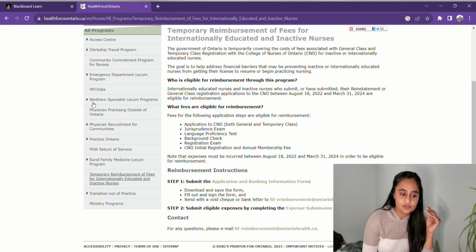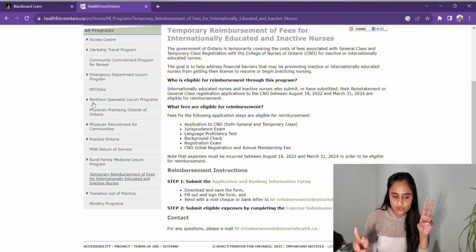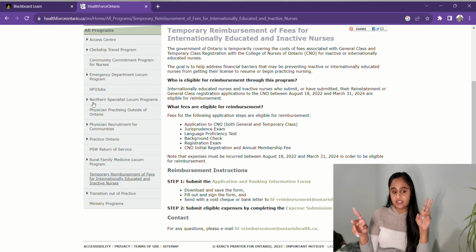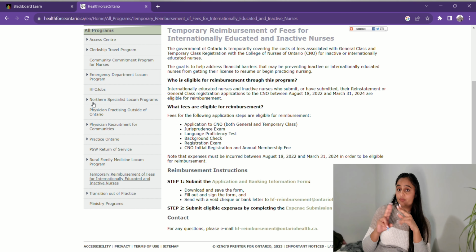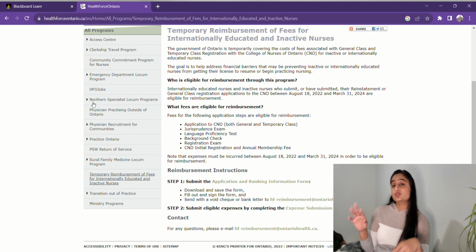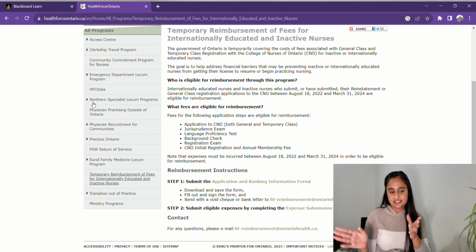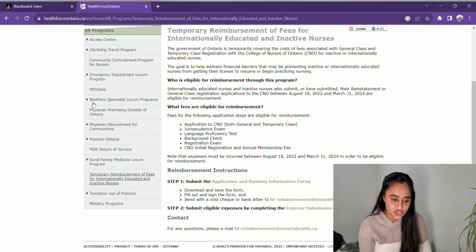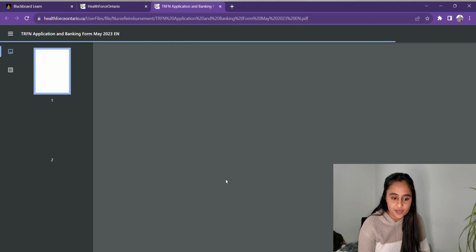Now there are only two steps which you need to do. First, you need to submit the application and banking form, and then you need to submit expenses by completing the expense form. Okay, so we'll go step by step. First, we are going to check the link here, application and banking information form, and then we can see a page